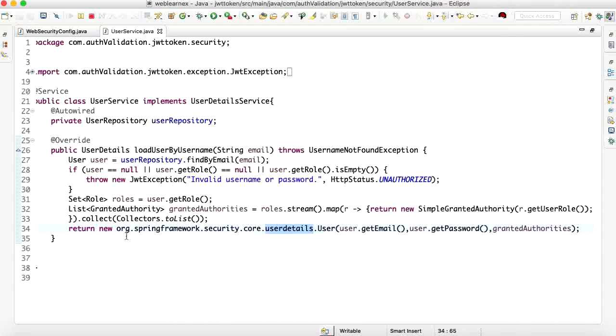So this is the way to check whether the logged-in user is valid. If it is a valid user, then it will show all the information. If not a valid user, then it will show an exception.